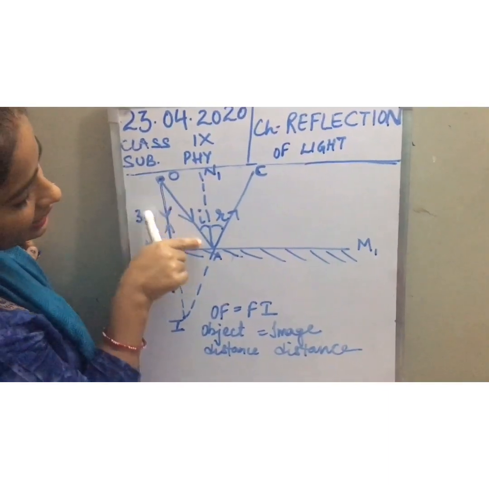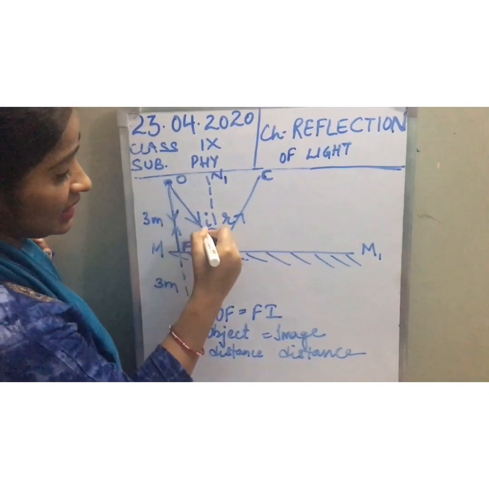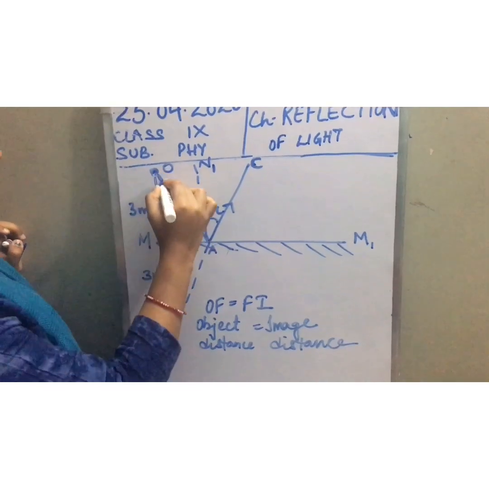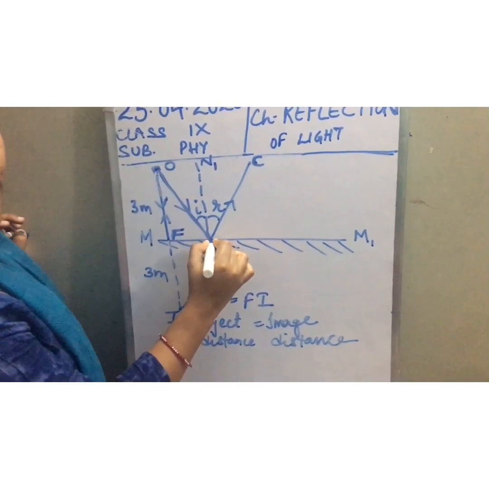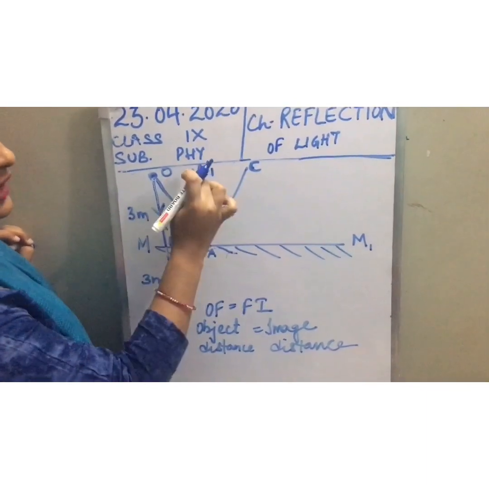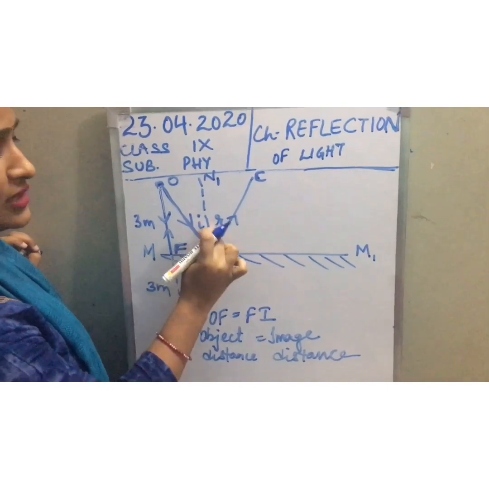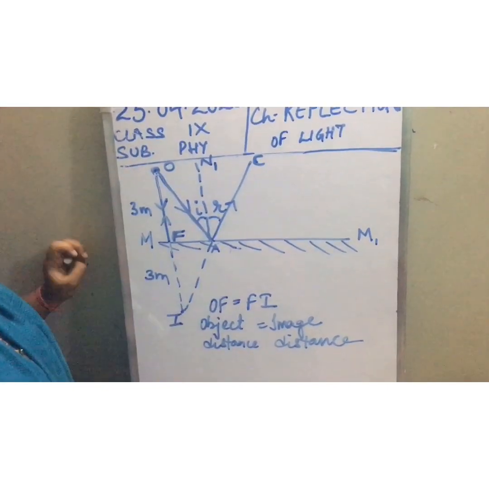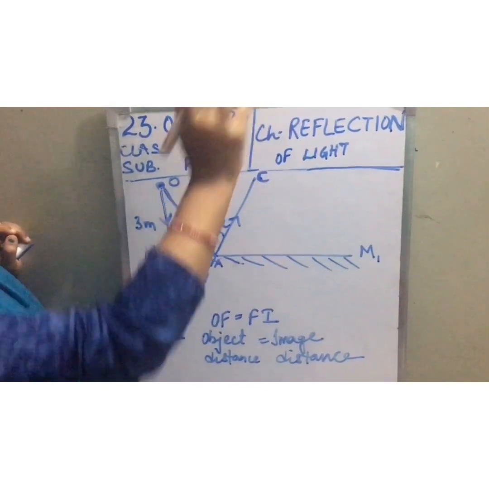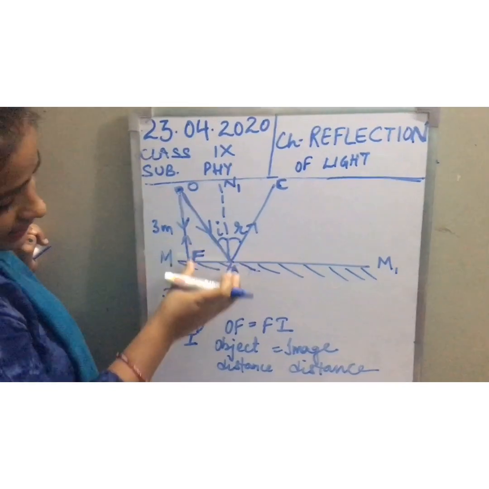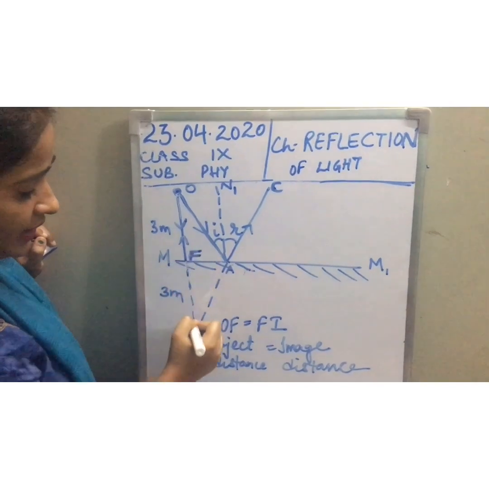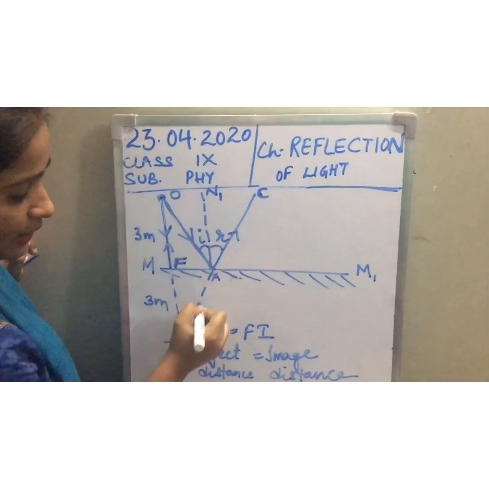Now consider this is the second incident ray. The second incident ray is incident at an angle. See, this is the angle i, making with the normal. When this incident ray strikes at the point of incidence, it reflects back in the same medium. There is a normal at the point of incidence, at which the angle of incidence is equal to the angle of reflection, students. These reflected rays will never meet anywhere in front of the mirror, so we extend them back behind the mirror.